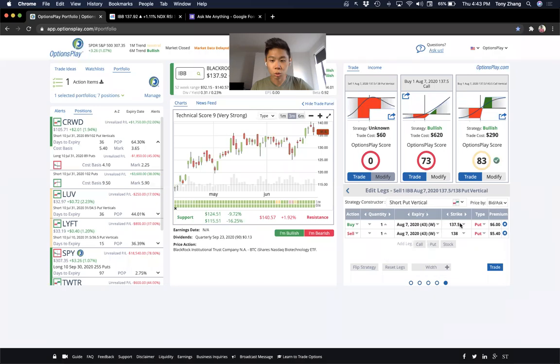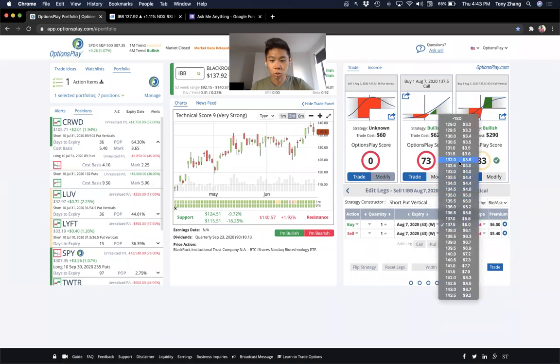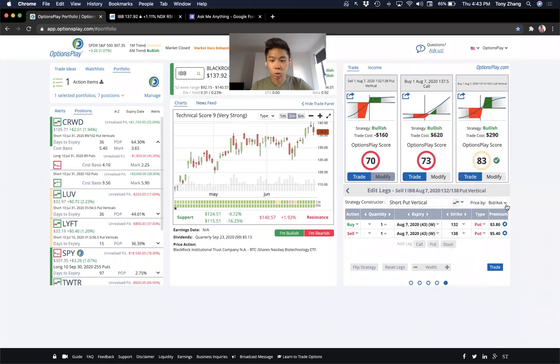And you can utilize tools like OptionsPlay to help you analyze how you can play these types of strategies. So the 132, 138 put spread, that's $6 wide. I'm collecting $2.22, which is well above the one-third I'm typically looking to collect, closer to 40% of the width here by selling a put credit spread.